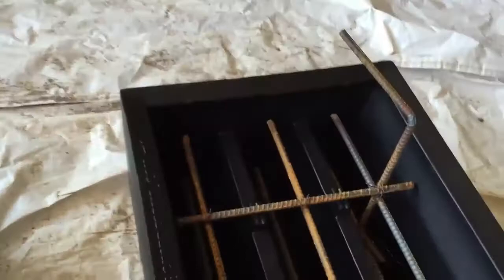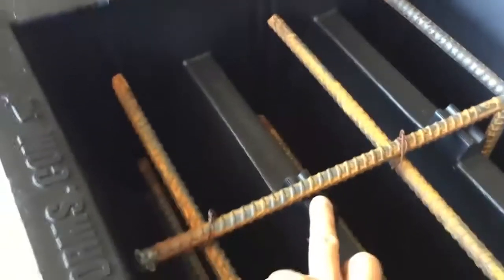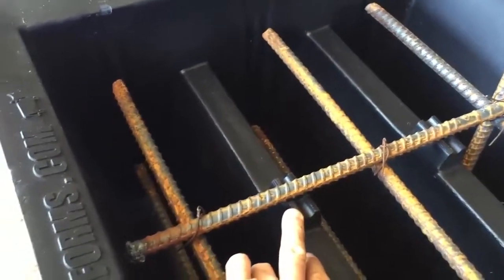We've got the rebar in. In their case, they're using 5/8 inch. You really only need 1/2 inch. You can see it in the slots at the bottom. There's little slots there that it stays in, so you don't have to worry about where it goes. And then you have a rod going around the top. You can also use a fiberglass rod here. There's a little groove underneath that it sits in,